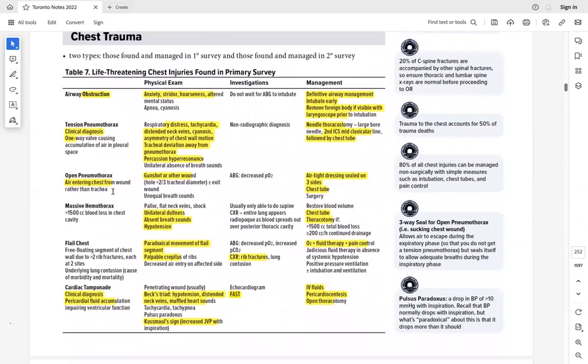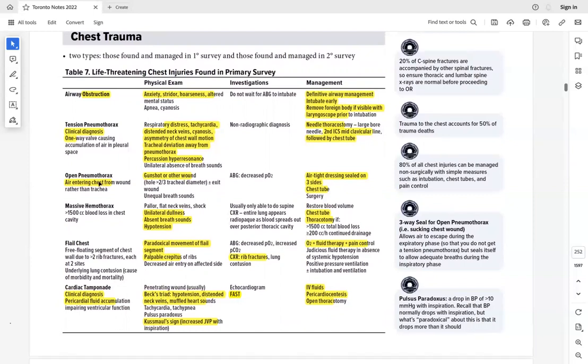For chest trauma, if there's any airway obstruction, the patient will present with signs of anxiety. There will be cyanosis, hoarseness, unable to breathe, altered mental status. We just immediately intubate the patient. Okay, he's presenting with the signs and we just intubate him. Then for tension pneumothorax